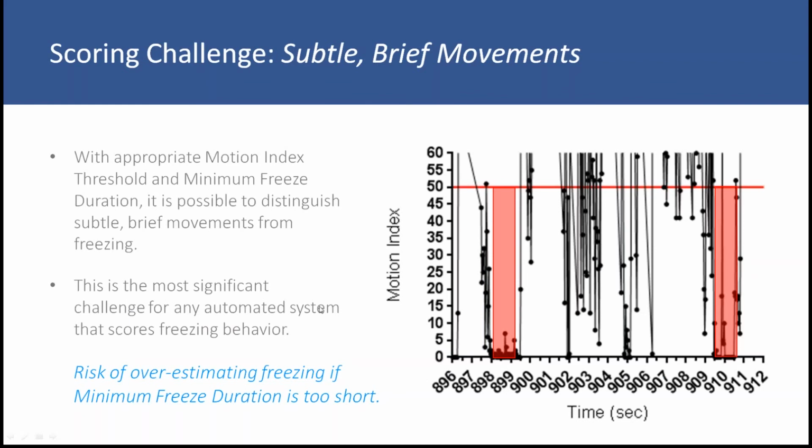So this is that same region of the file we just looked at. Now we're just zooming in on the motion index threshold, and we see the motion index threshold in the red line and the minimum freeze duration with the red boxes. I've highlighted two segments here. This first segment is the one where she's actually freezing, and then all the rest, the animal is moving around